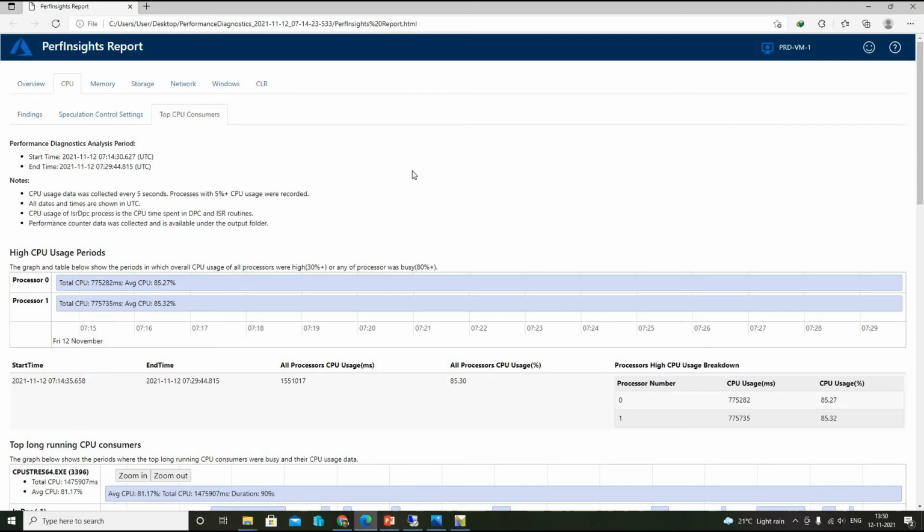One more thing I wanted to point out: apart from these parameters and results, we have to keep in mind how the application is designed. It is important, because if it is designed as single threaded and single processor, then one core will run as expected and the other core will have the high CPU usage. We need to see the processes that are pinned to the core with high usage, because of that the VM performance or the application performance will be slow. So we have to keep in mind how the application is designed.